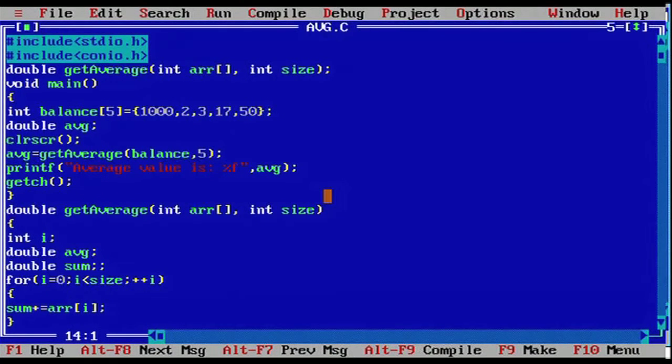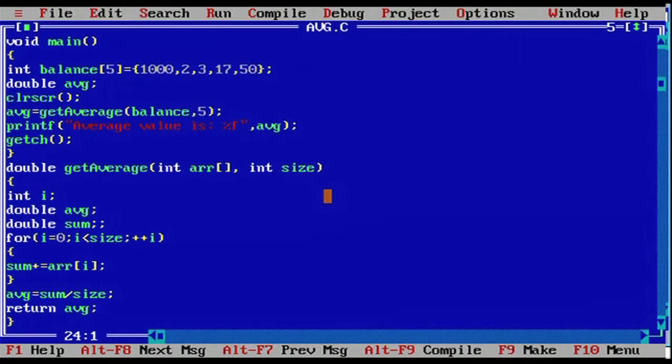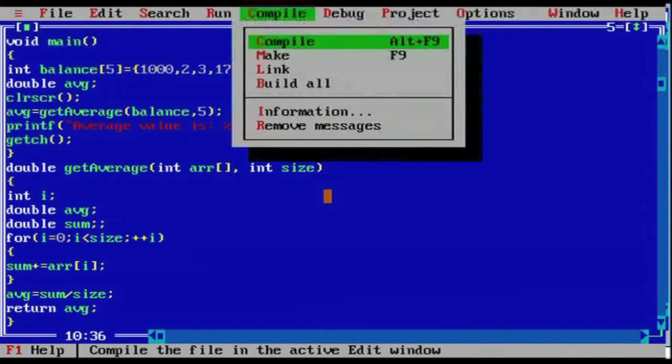In this function we have calculated first the sum of the values in the array, and after that the average, that is equal to sum divided by size. The average value will be returned back by this function, and then this value will be printed here using the printf statement. Let's compile this program.